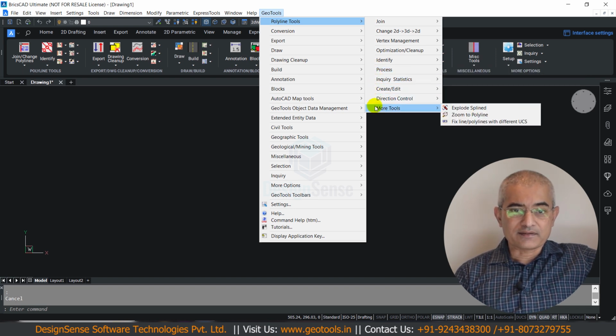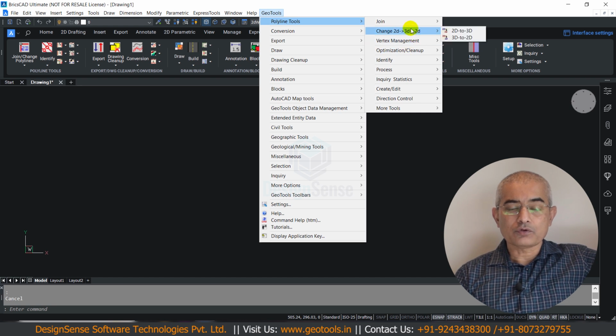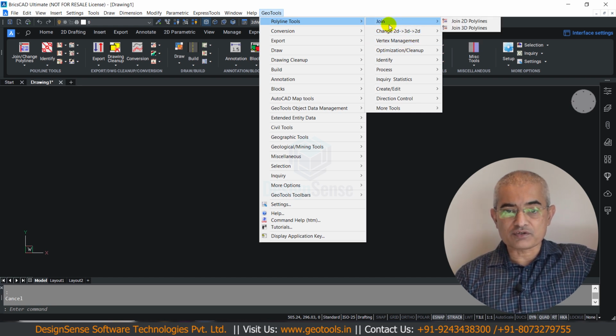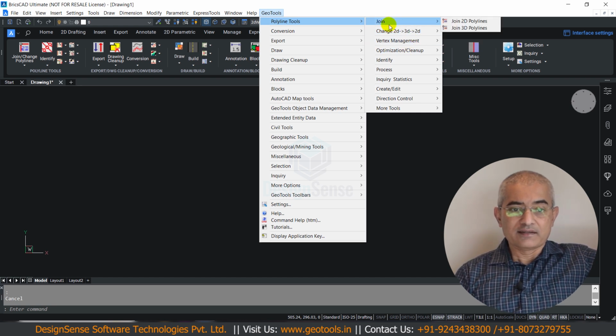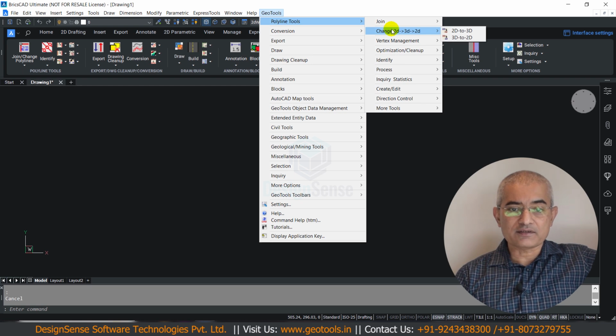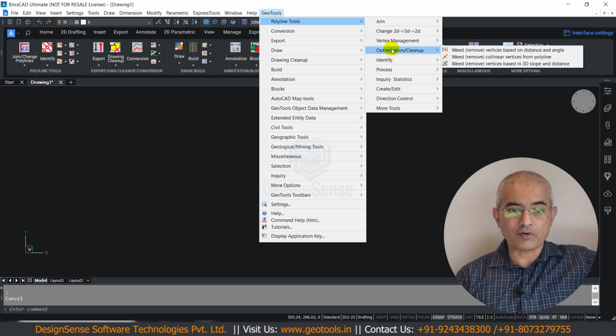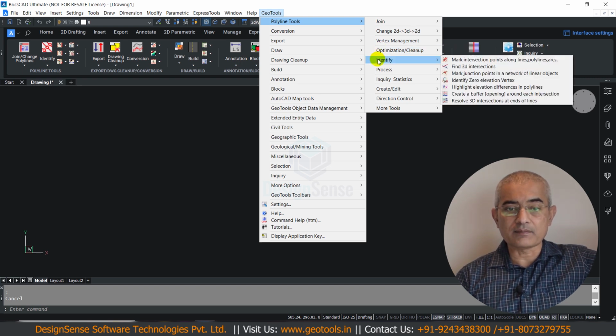Starting with the basics like mass joining tools and 3D to 2D conversion tools in multiple ways, this section offers advanced optimization tools like densify and weed vertices from polylines, including 3D interpolation optimization. This is a typical GIS data preparation exercise. Tools to align the polyline vertices fall in a linear pattern to help create meaningful, clean data from randomly collected